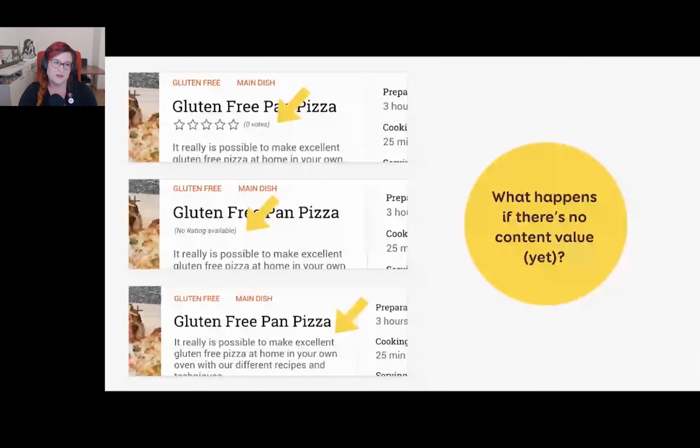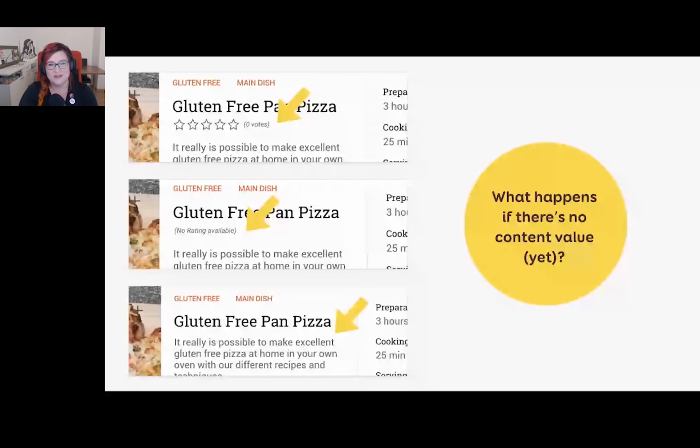So maybe another design solution is to change the component for that case and say, okay, we will put "no ratings available" and change it once we have some, or to remove the content altogether. But then they might wonder, is there a bug with this recipe, since they don't display the stars and the rating? So again, these are 3 different design solutions. I'm not saying that one is better than the other. Actually, the first one might not be a good idea. But again, it's the kind of stuff I need to think about as a designer. What will happen if some of the content doesn't have a value yet?